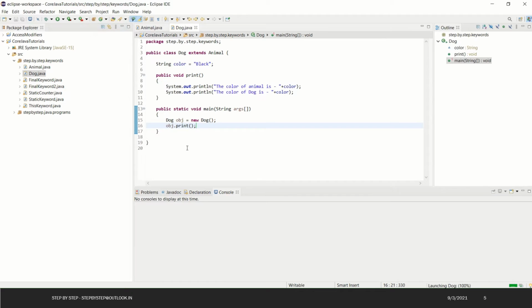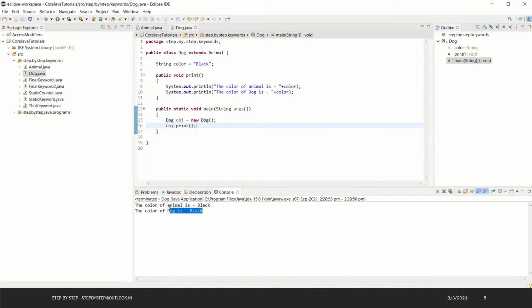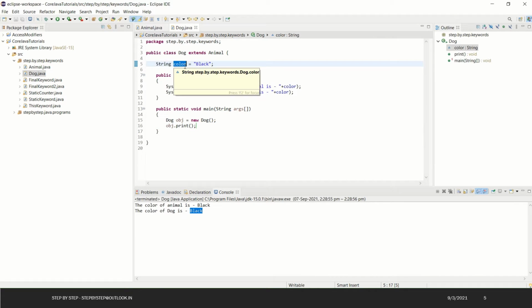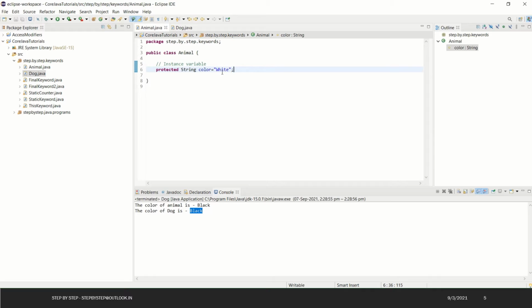Okay, if you see now, it is printing black and black both times, because the variable from the same class will get precedence. But we need to get the value of the parent class variable.